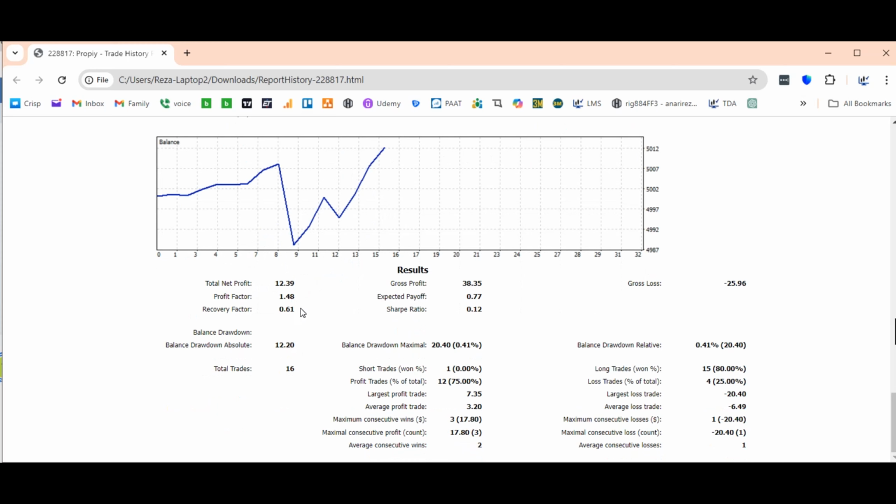So we reached a profit factor of 1.4, which is good for the choppy area that we had focused time to trade. And we see that win rate here is about 80% from all 16 long positions taken, and the average win to loss ratio is 1 to 2. So with this system we had very low drawdown. So with the proper lot size and risk management with the PAAT system, we managed to keep the drawdown low